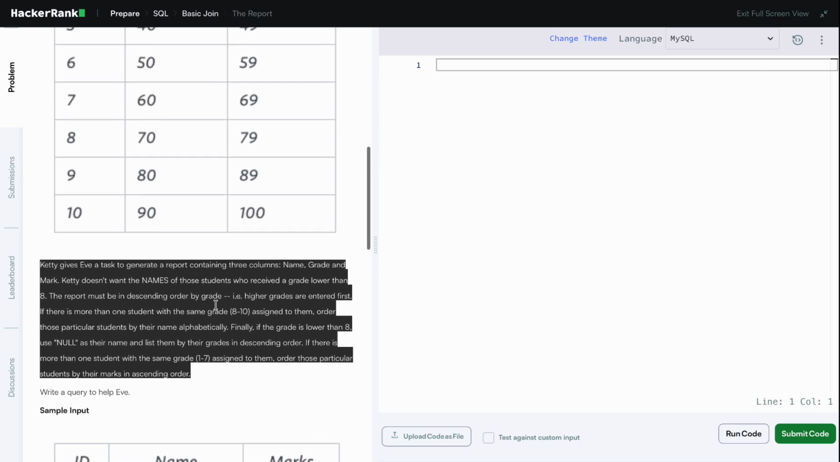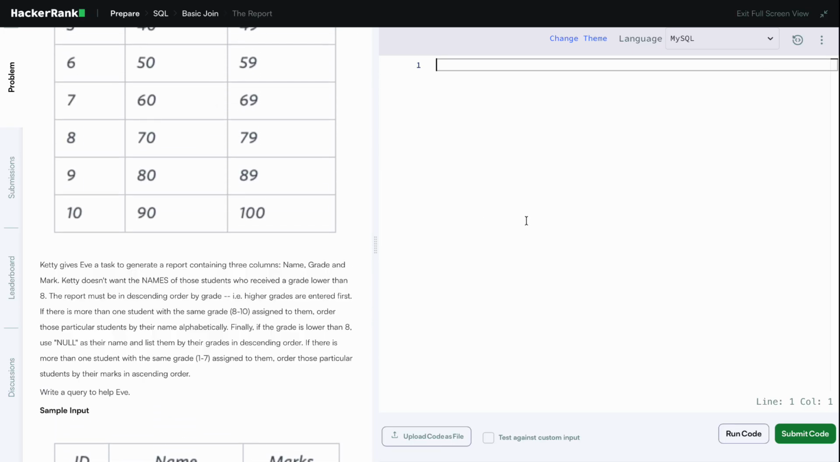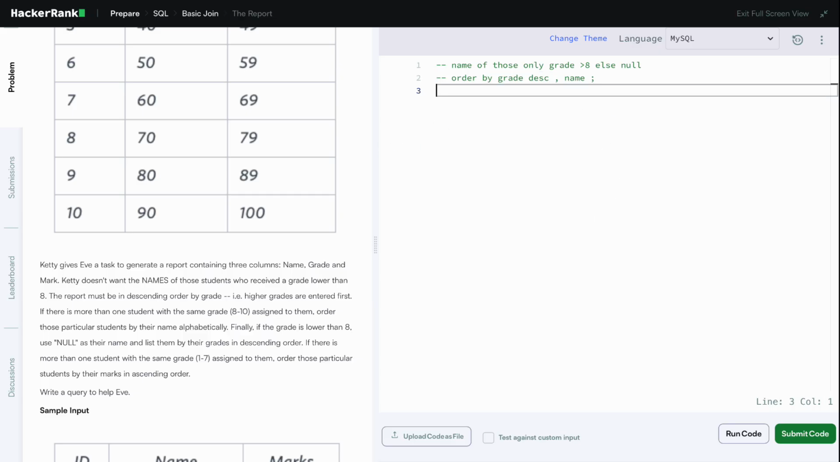So our task is to find the name of those with grade greater than 8, else null, and order by grade descending and name ascending. Okay, so this is the basic condition and we write a dummy code here, so we get a better idea. So now we are extracting all the required columns: name,